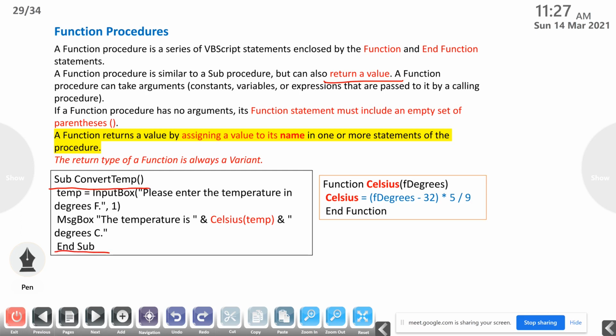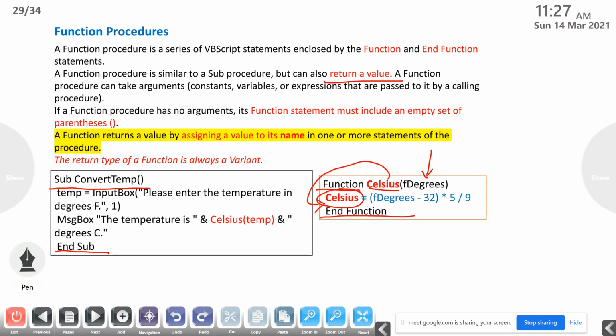Sub procedure with end sub. This is a function procedure. So Celsius, this is the name of the function, and this is the argument that we are passing. Then Celsius equal to f degrees minus 32 into 5 by 9, end function. So here instead of a return statement, we used the name of the function.